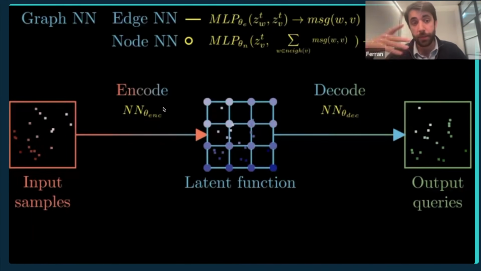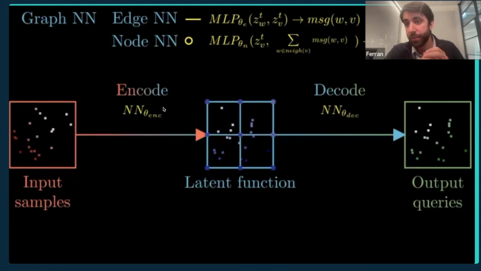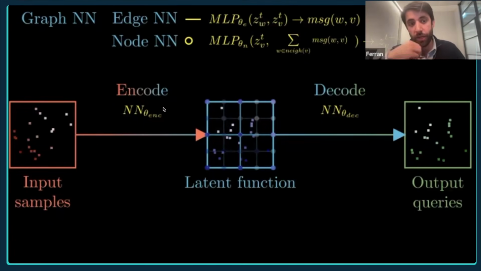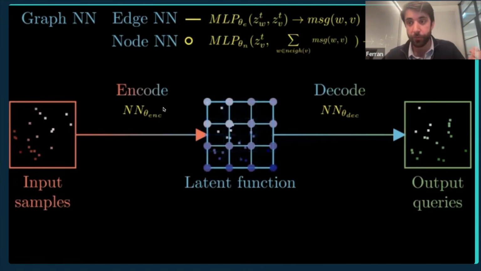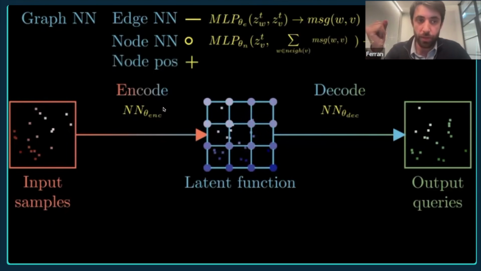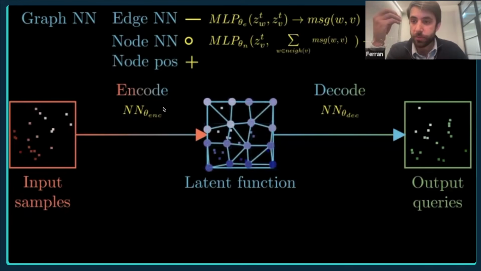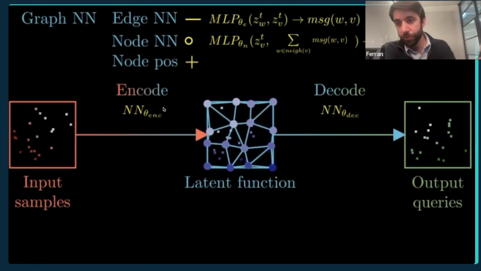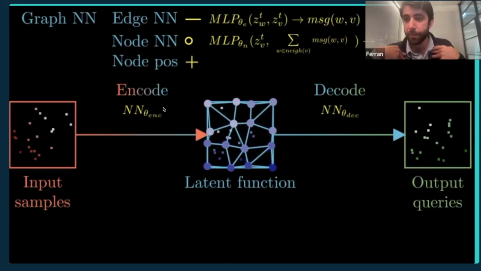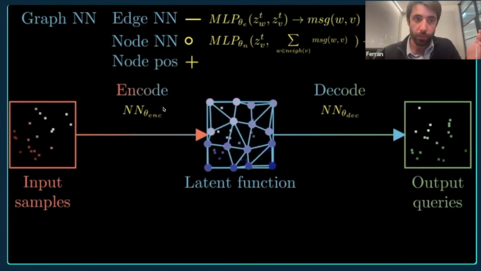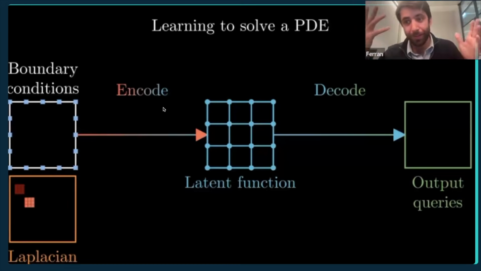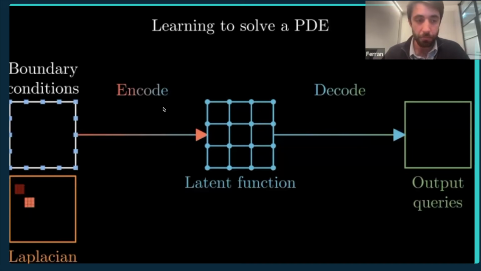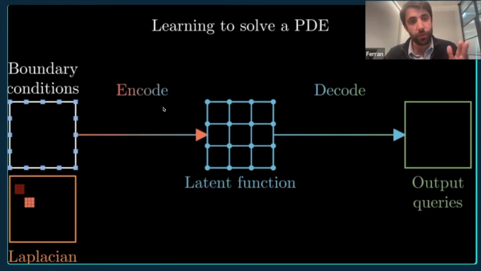The nice thing about this is that we can create as many nodes or as few nodes as we want. So we can have a very small graph to go very fast, or a very big graph to be very accurate. A bit more subtle is that compared to previous graph neural network work, we are also creating the graph. No one has given us the graph, right? We have transformed a function problem into a graph problem, meaning we invented the nodes. We can put them wherever we want. And in particular, we can train them via gradient descent. In this case, as I was saying, it's a kind of academia paper. The experiments were relatively small. So we learned to solve a partial differential equation.